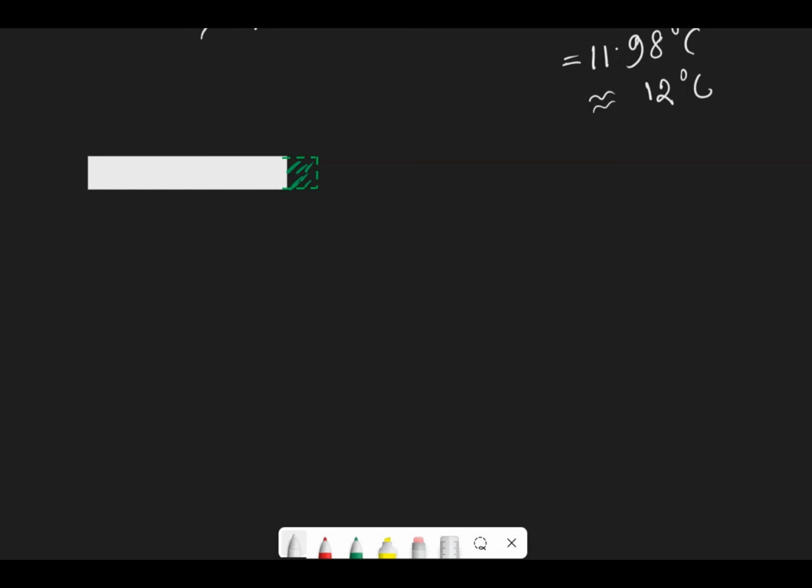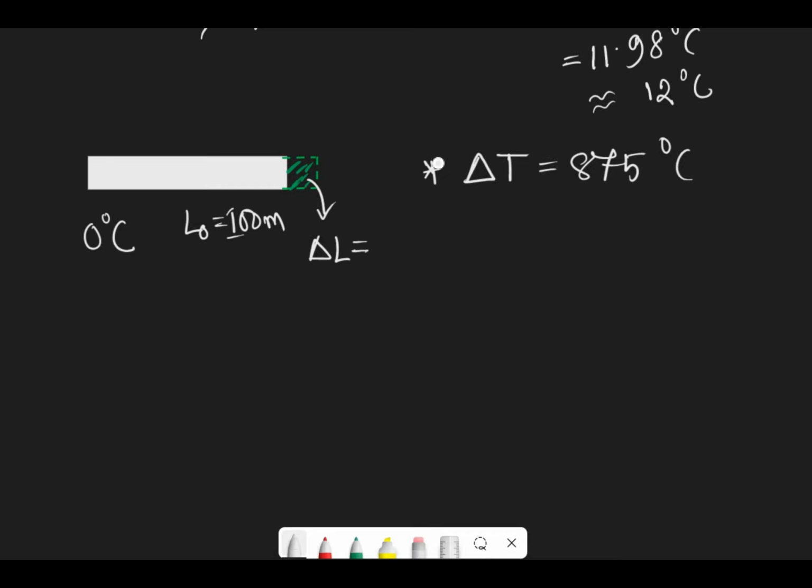So in this part, the rise of temperature, del T, is equal to 875 degrees Celsius, as the initial temperature, let's say, was 0 degrees Celsius, and at 0 degrees Celsius the initial length L naught was the same, 100 meter, and the length expansion, del of L, is equal to 0.02 meter,